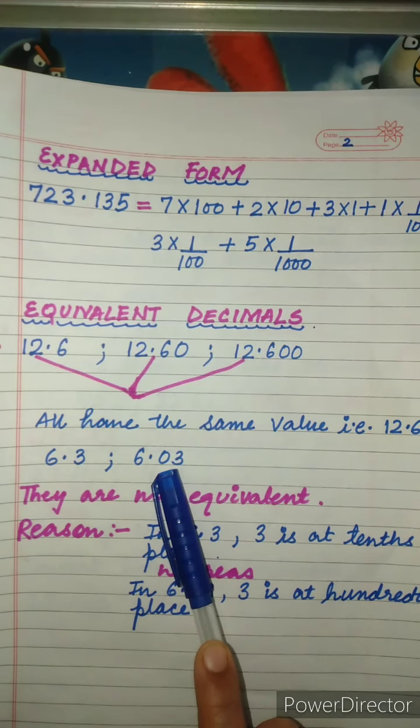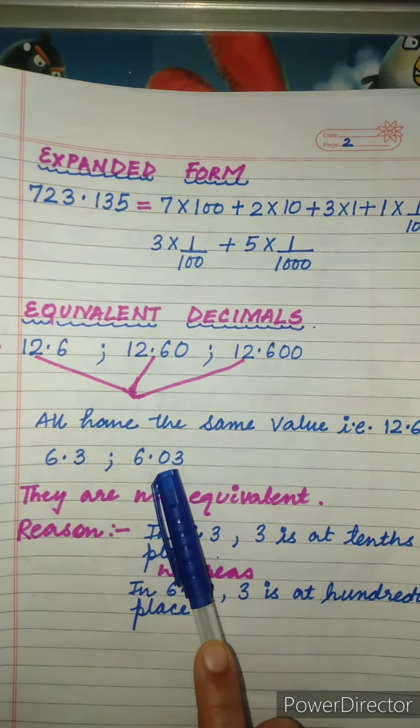Now see 27.4, 4.51, 70.431. In all the 3 cases we have different decimal places. Here we have 1, here we have 2 and 3 in this case. So clearly they are unlike decimals, but we can convert them into like decimals. Now the number of decimal places are higher here, that is 3 decimal places, so we can write this as 27.400, 4.51 as 4.510 and 70.431 as it is.